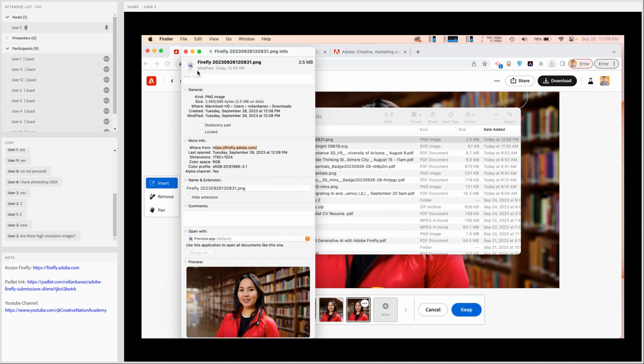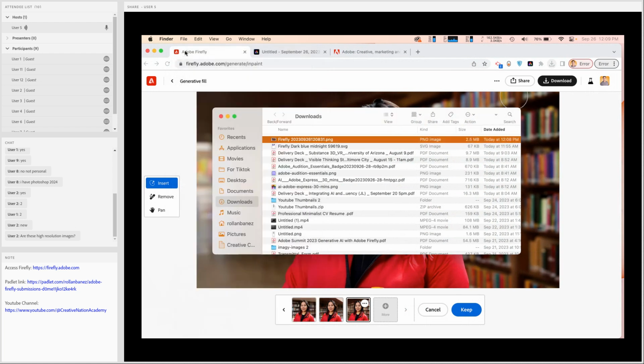Okay? And even the file name itself is appended with the Firefly name. So I know there are lots and lots of ways to remove this, but by default this is already embedded in the system, or by default it's already implemented.